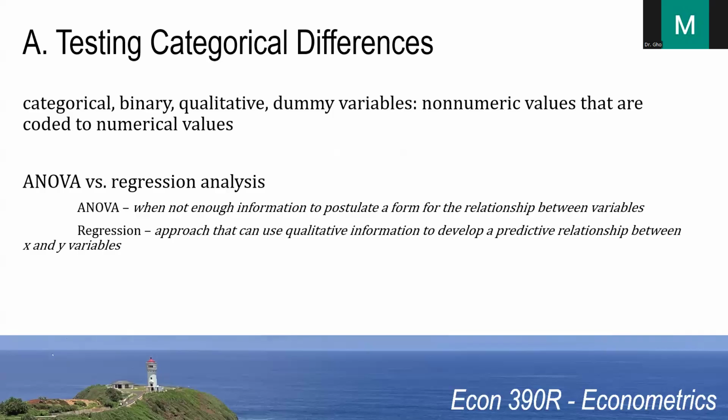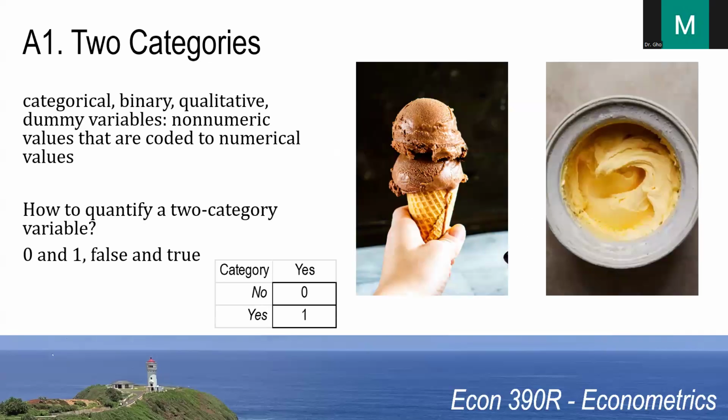I think it might be good to mention something about ANOVA. ANOVA is a great way to look at differences of means when they change, if you have three or more groups, although really you can do two or more. If you want to look more deeply into the relationship between X and Y variables, a regression can give us a stronger understanding than what ANOVA can. And the good news is we're going to be talking about how to use dummy variables. I've got an example with ice cream that we can use. But first of all,